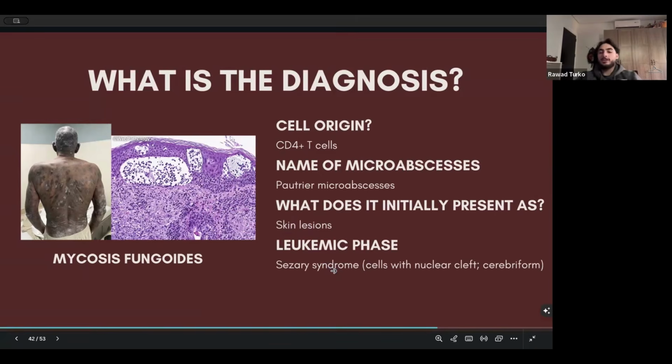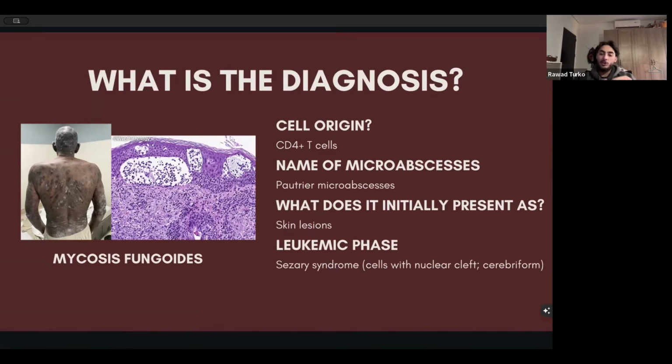And you're going to see Sézary cells, which are cells with a nuclear cleft. One way to describe them that's commonly used in question stems is cerebriform. So you'll see cerebriform cells. I don't think there's any pictures of them inside of your slides, but just know this word in case they ask about it. Okay, cerebriform, because it literally looks kind of like a brain. It has a little nuclear cleft. Okay,